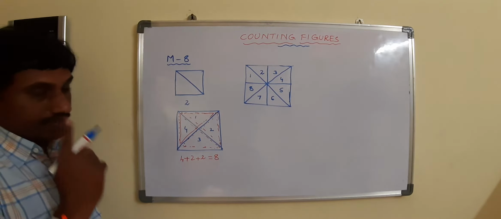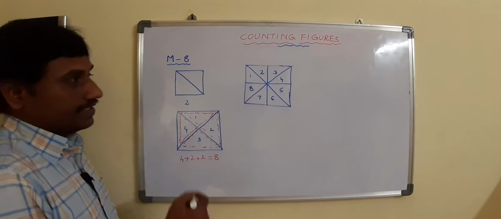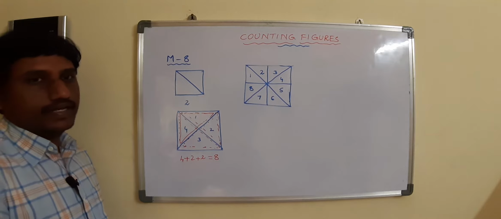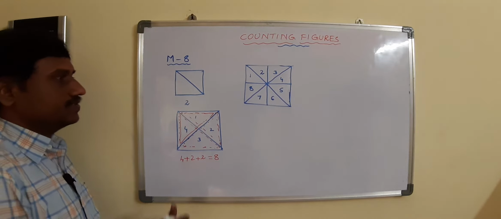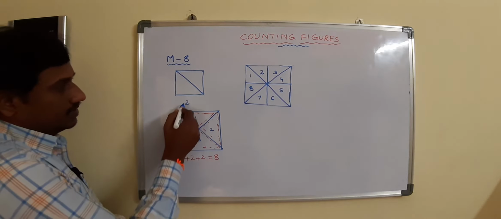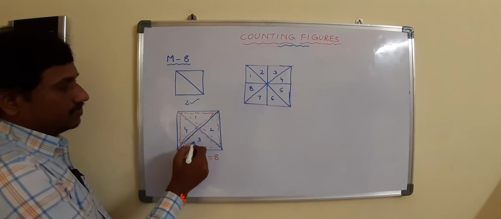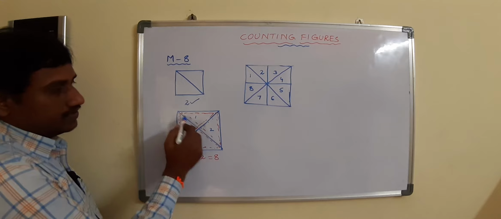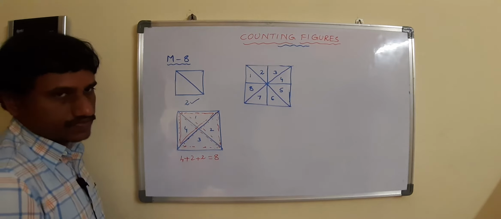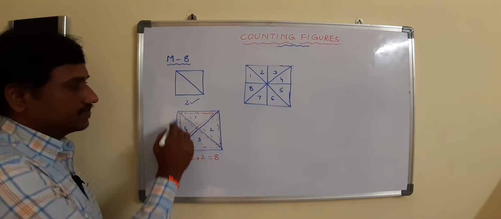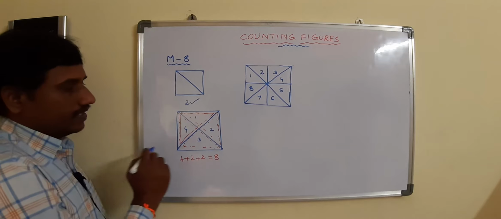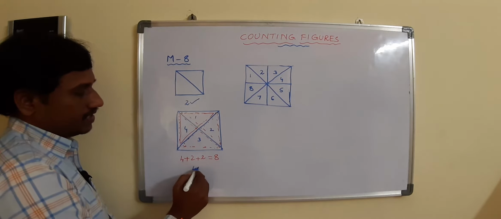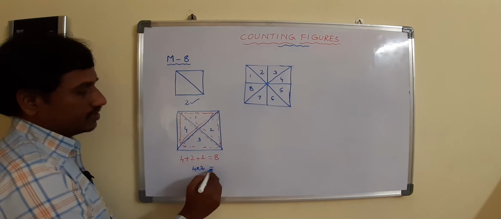Okay. Then is there any logic to find it? Is there any trick to find the answer directly? Just observe here. Here directly 2. Now observe here. How many triangles are there in this square? Because of these two diagonals, we got 4 parts in total. 4 triangular shapes. Then multiply that 4 into 2, the number of triangles into 2. 4 2s are how much? 8.